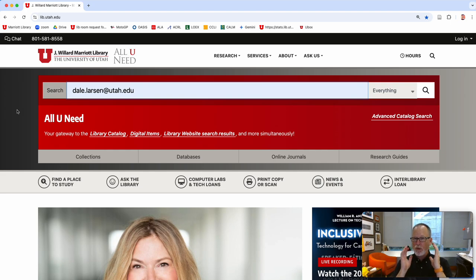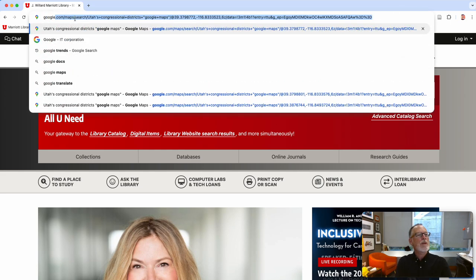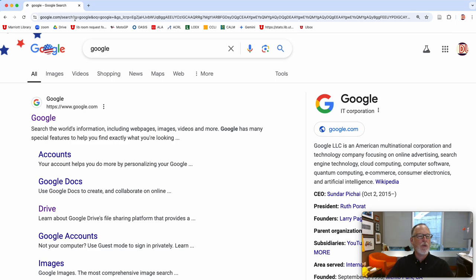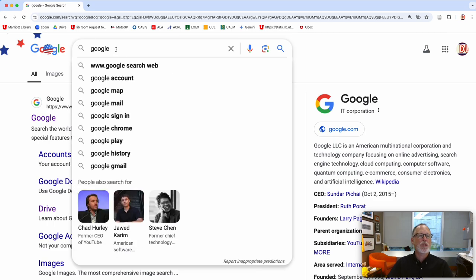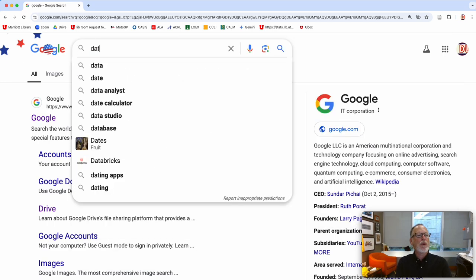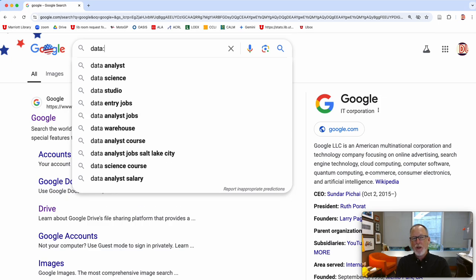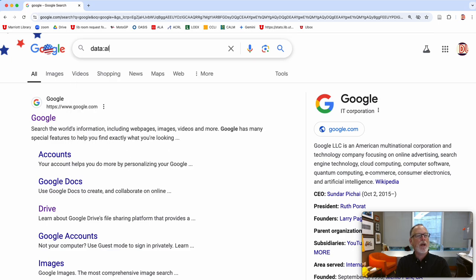But here's a good way to look for objective things, and then you get to decide whether or not it's scholarly or objective enough. So the first one is, if you go out to Google, there's a lot of data sets and data out there that wants to be found, but tracking it down on Google isn't always the easiest. So I want to show you what I call a contextual search. If you do any word followed by a colon, then you put your keywords after it: alcohol, alcohol death.